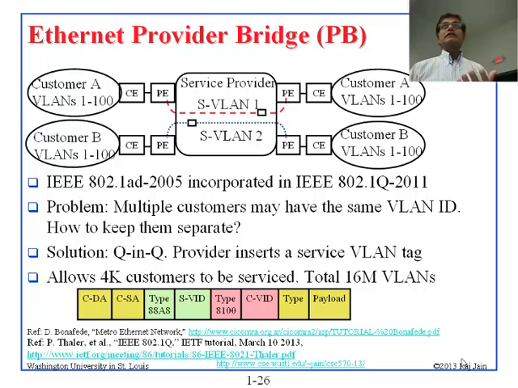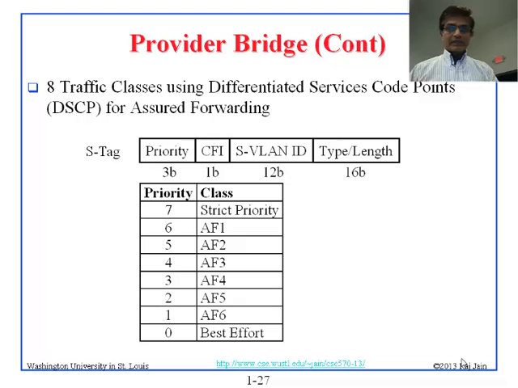We no longer have token ring, and therefore all the addresses are canonical, so we use it for DEI, which is drop eligibility indicator. Right? So same thing here. That would be drop eligibility indicator. This is your priority, this is your drop eligibility indicator. And the priority could be strict priority or could be AF. Anybody remembers what AF stands for? Assured forwarding. This is why I taught you differentiated services. So assured forwarding kind of thing you could use, and here actually there is a